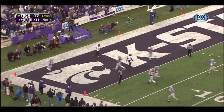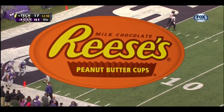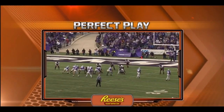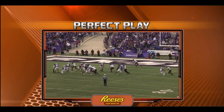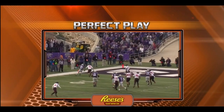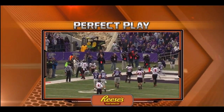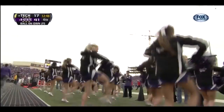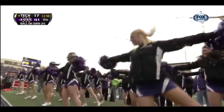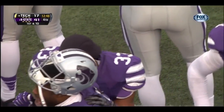Time now for our Reese's Perfect Play. The Waco Wonder, John Hubert. Take a good look at what he gets out in front. Nick Pitts, 50. B.J. Finney, the center, 66. Travis Tannehill, number 80, at the point of attack with his block, allows Hubert to power his way into the end zone with a good straight arm against Cody Davis, the fine